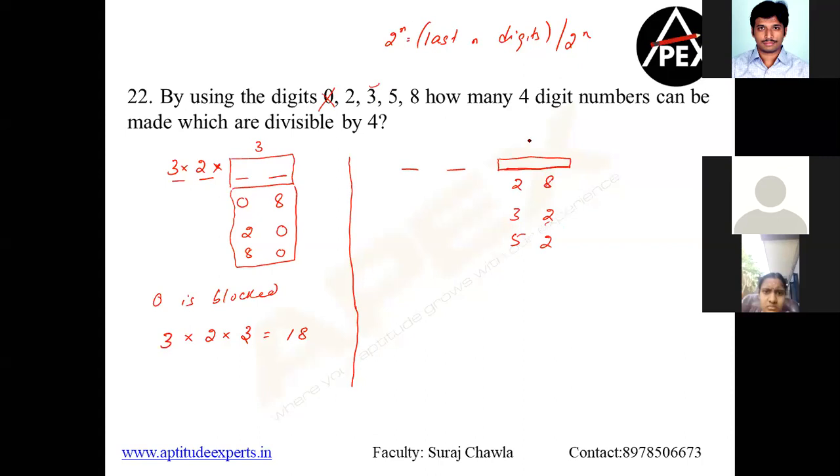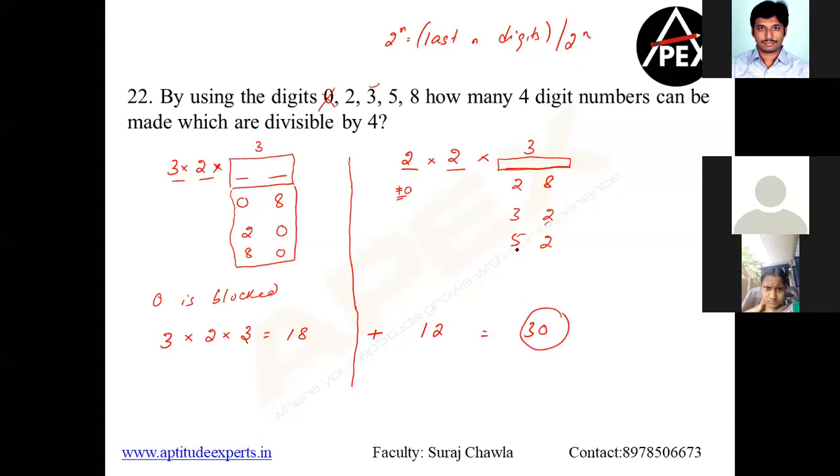Clear? So here also you can have 3 cases, but please understand, since 2 of them are blocked, 0 cannot come in the first place. So 2 of them are gone and 0 also cannot come. Out of 5, 3 digits are gone. So I can place 2 digits here multiplied with, as I said, just repeat a 2 again. So 2 into 2 is 4. 4 into 3 is how much? 12. So therefore the total case becomes 18 plus 12. That's going to be 30.